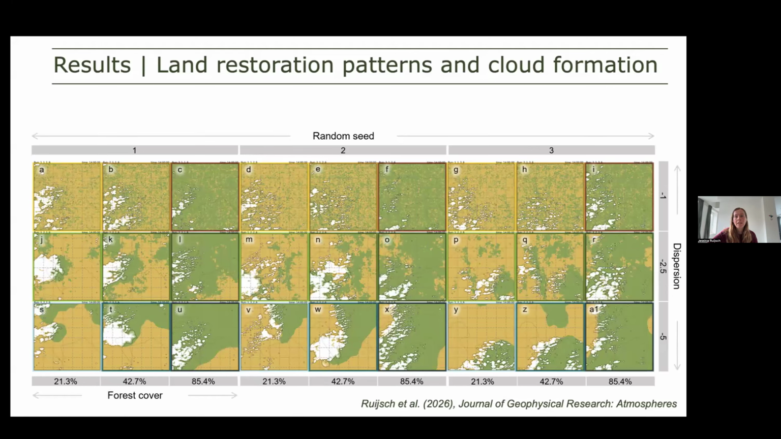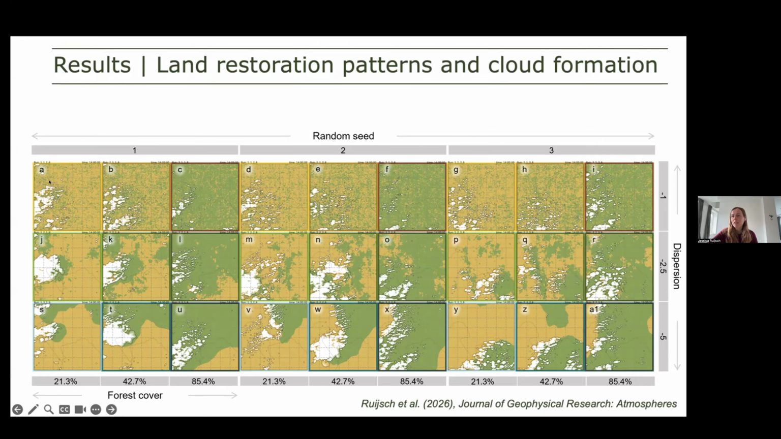And these are the results of the different land restoration scenarios. So in green, you see a forest land cover, and in yellow, a grassland. And we used basically three variables that we changed to create random patterns. So you see three different values of forest cover, and then three different values of spatial clustering. So the rows have the same amount of forest cover, but they are just more spread or more clustered. And then we have three different random patterns with these same characteristics. And you actually see that if you cluster the forest more, we saw a higher amount of cloud development for these specific days. Whereas if you spread the forest more in a homogeneous way, we got a lot less